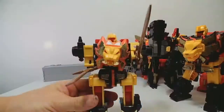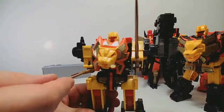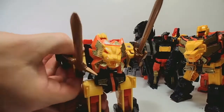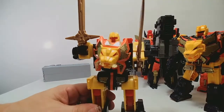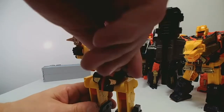So, I don't need more. So, we have Razor Claw. Eat your fruit. No, I'm not going to eat my fruit. So here is Razor Claw. He is holding his original sword, and he is also holding Tantrum's sword because Tantrum had a pair of guns and he couldn't hold everything. So I'm going to go ahead and take...